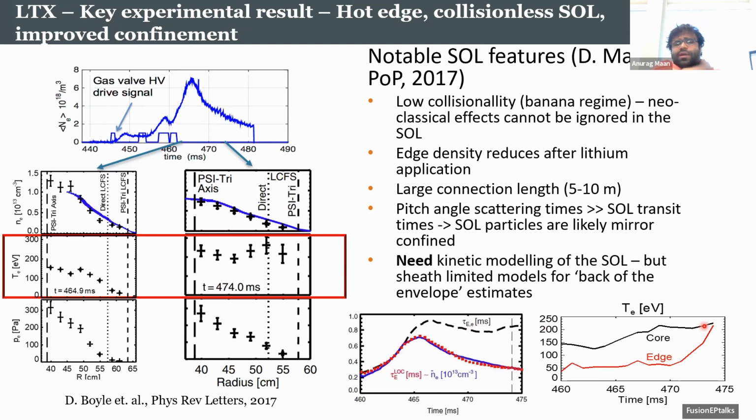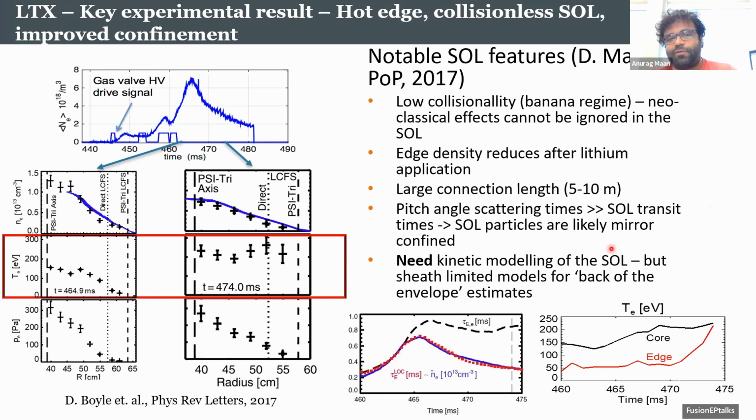temperature. There are other features to this behavior, primarily in the scrape-off layer, where the collisionality drops to, I think, less than 0.1, and that puts it in the banana regime, which basically means neoclassical effects cannot be ignored in the scrape-off layer anymore. The edge density also reduces by one or two orders of magnitude after lithium applications. And if you try to estimate connection length from equilibria-provided safety factors, you get a connection length of about 5 to 10 meters,